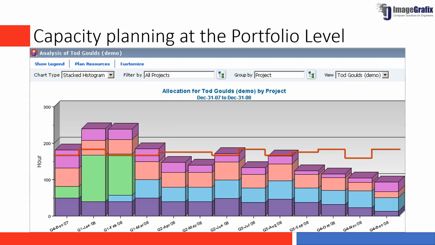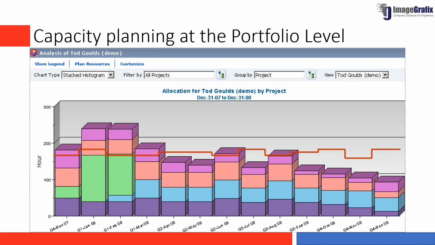Okay, this is another good option which is available in case you have created portfolios based on the departments within your organization, and the resources are attached to a specific department or business group.